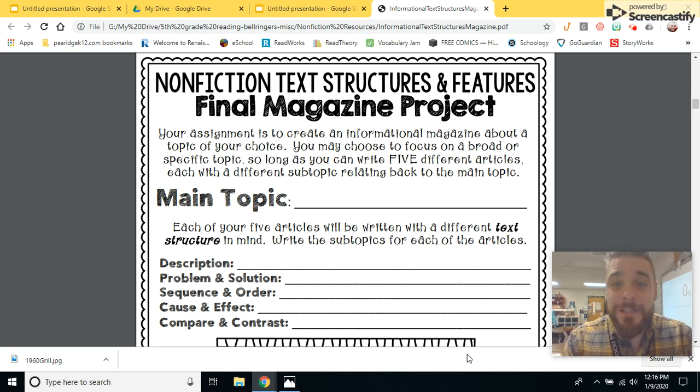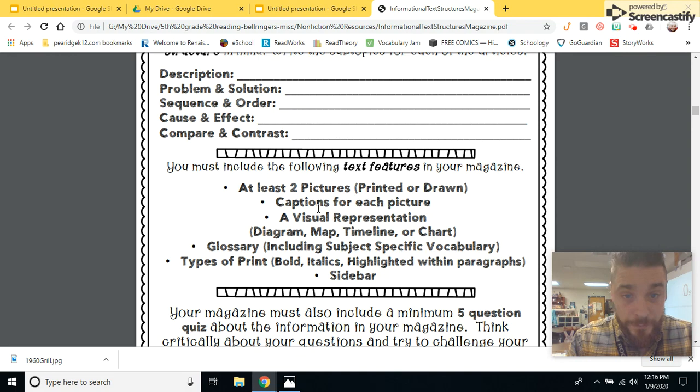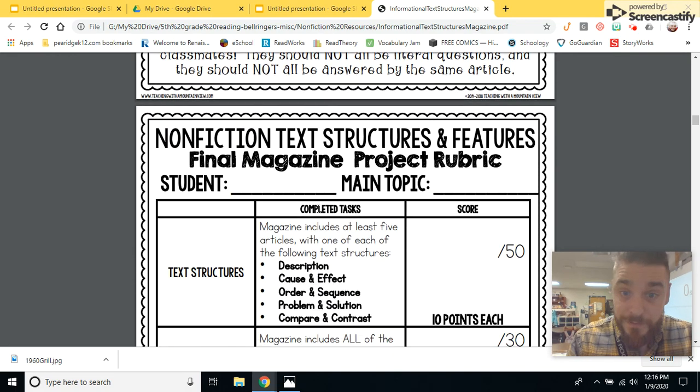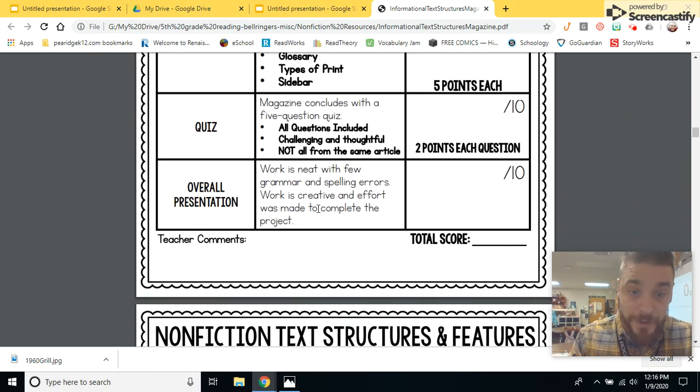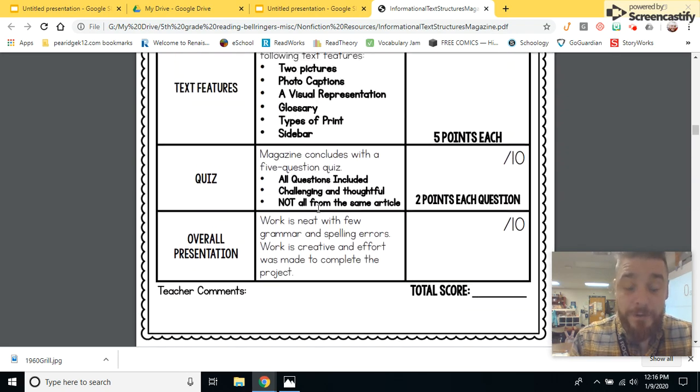Hey guys, I'm here to tell you today about how to start creating your magazine for informational text structures. Okay, you guys have been working on this. You should be all the way through your rough copies and your graphic organizers, and now you're ready to actually